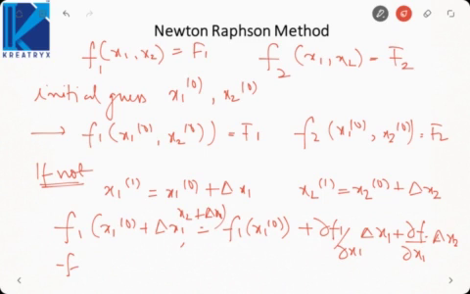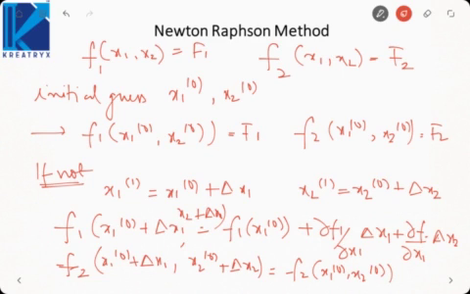Okay. Similarly, f2 will be x10 plus delta x1, x20 plus delta x2. So by Taylor series, this will become f2 x10 x20